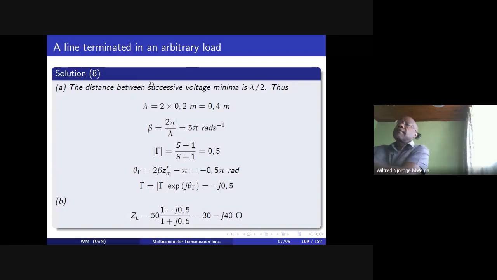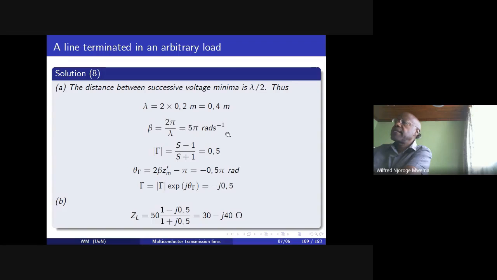So the first part A: the distance between successive voltage minima is of course going to be given by lambda by 2, for the reasons that I have given. And thus, lambda is just going to be given by 2 times the distance between successive voltage minima or voltage maxima, and we get 0.4 meters. That is the wavelength, the operating wavelength of that line is 0.4 meters. Beta is going to be given by twice pi divided by the wavelength,